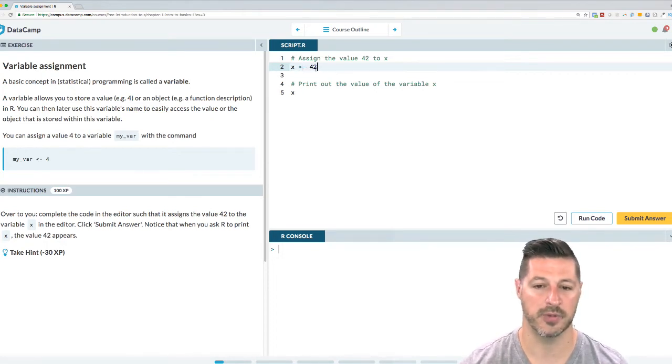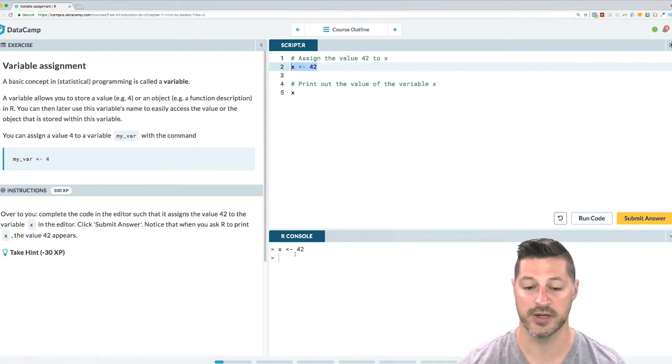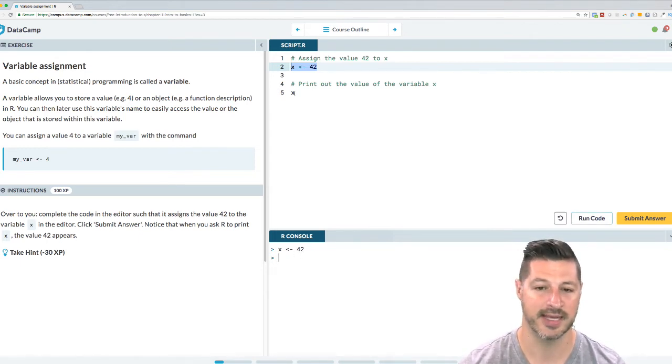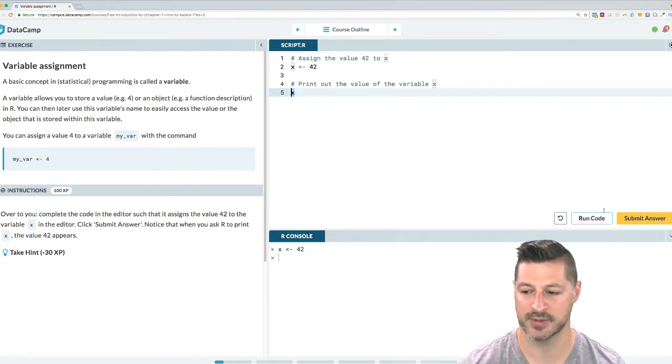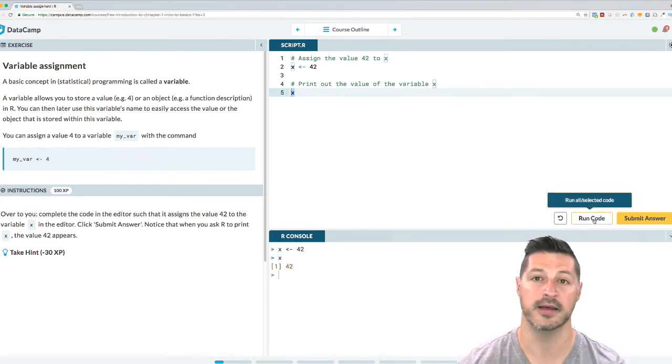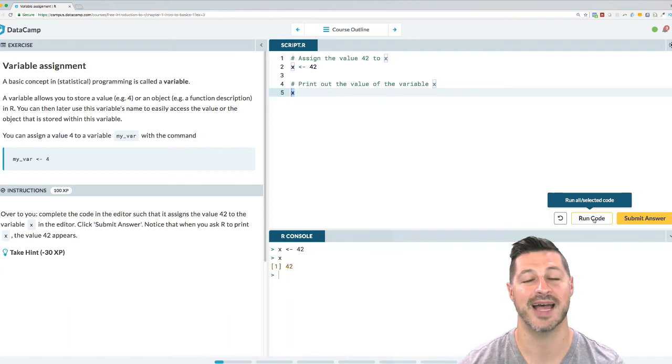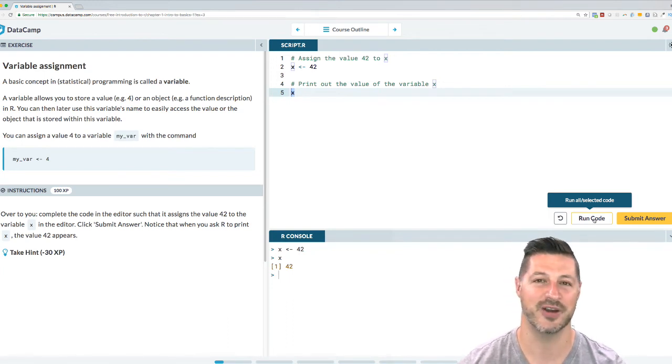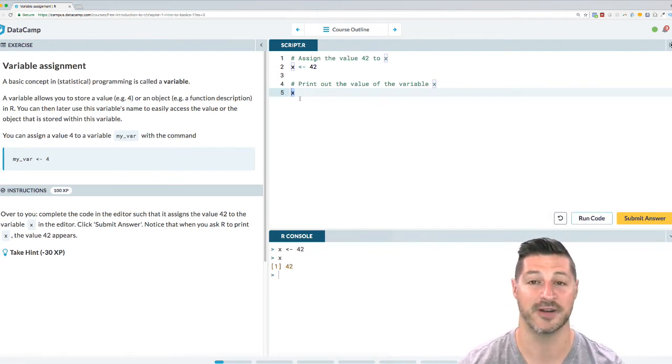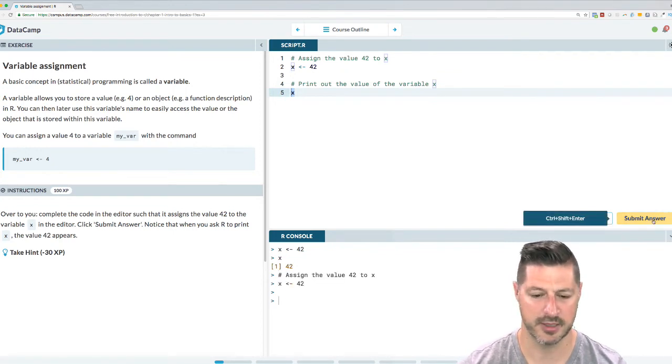So we're going to assign this. I'll run the code, and now it tells us that the number 42 is assigned to the variable x, and then we can print out x. I can just run this code, and the answer comes back as 42. We're assigning the value 42 to the variable x, and then we're printing out x to verify that the number has been assigned. So we'll submit the answer